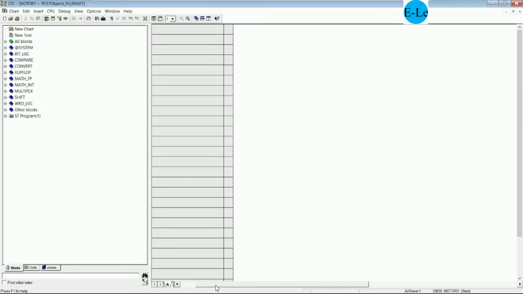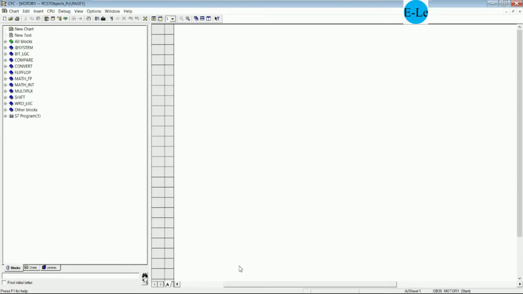We will use the library for example in this section. So let's go to the library tab here. We have blocks, we have chart, and we have library. So let's go to the library tab and then go to PCS7 AP